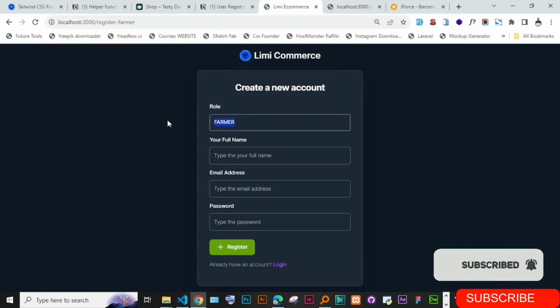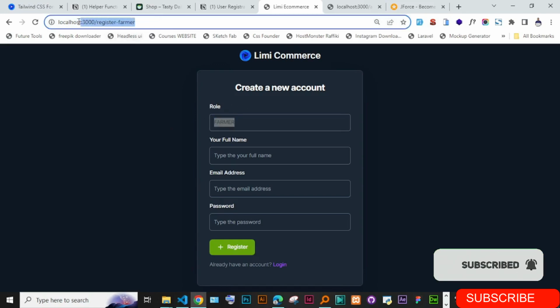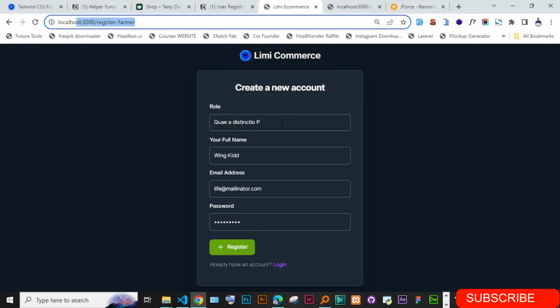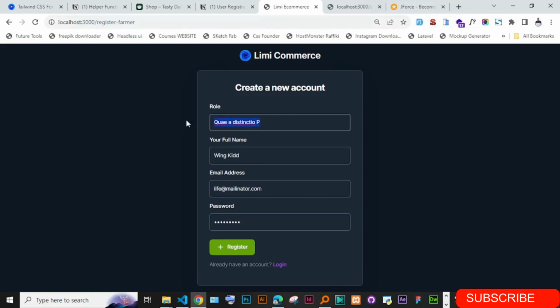If I now register from this endpoint, let me populate anything here. Of course we don't want this one to change. We could also pass in read only, but this doesn't matter because we are not going to show this to the user. At some point I will hide it, but say I have here user. I'm just going to say Gerard, Gerard, John, whatever, and for email address, I'm just going to say Gerard at